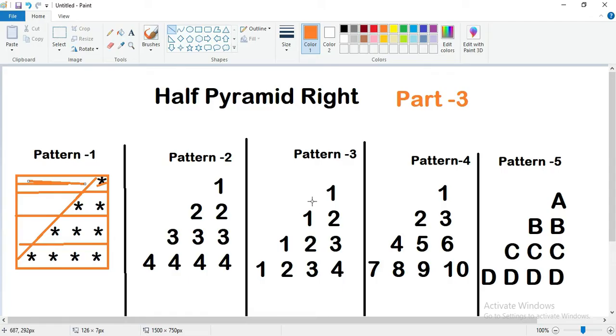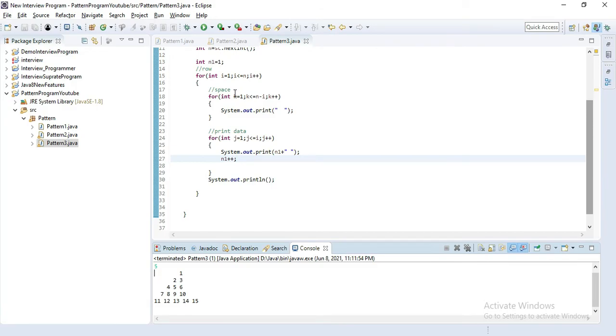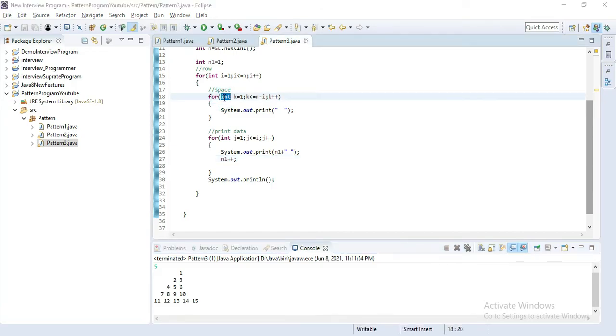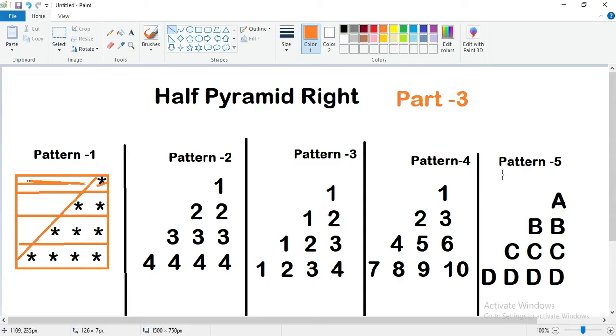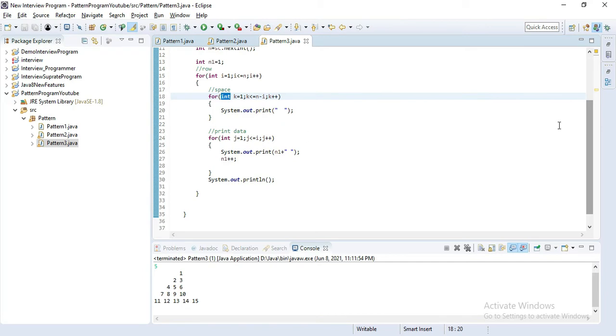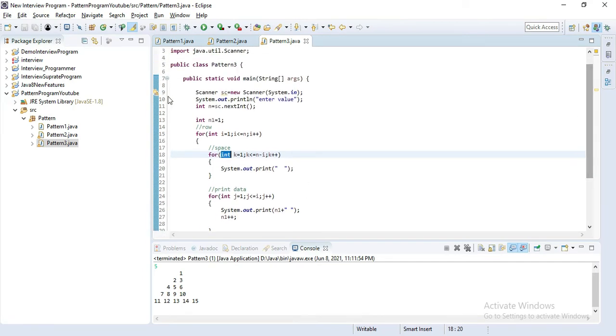Now the last one is a character pattern. For a character, we have to make some changes. We have to change this into a character because we are printing characters here. First we were taking an integer value from the user, so now we have to take a character value.